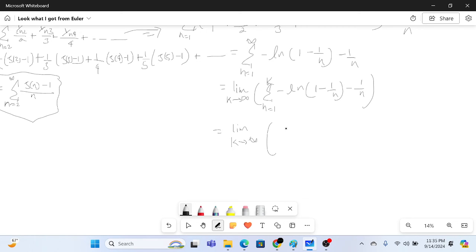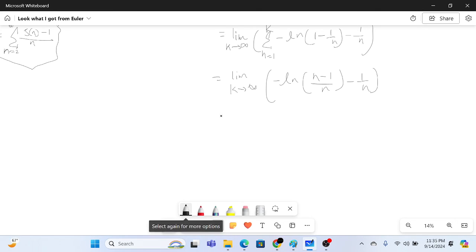Now if we sum this up, we know that the sums of ln will get inside as a product. So minus ln of this is n minus 1 by n, minus 1 by n. You see that the first one is telescoping. I'll show you how. Okay, wait, I have not summed it up. Sum from n equals 1 to k, limit k goes to infinity. Now this will just be, if you sum this, minus ln of